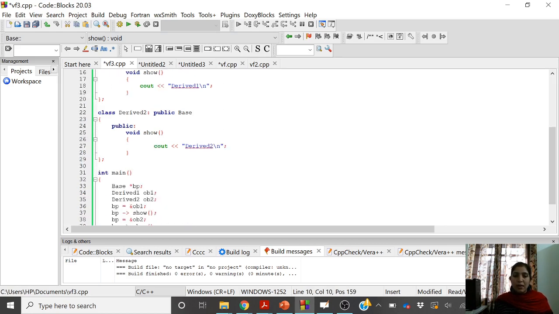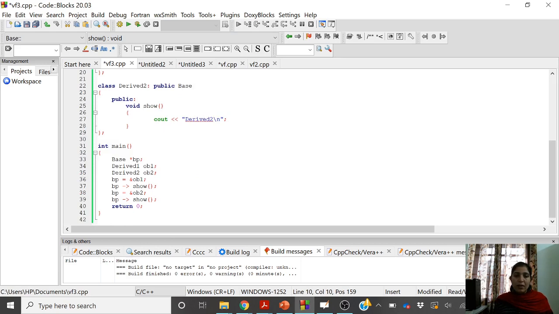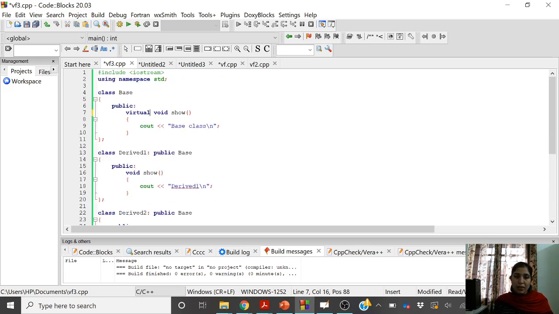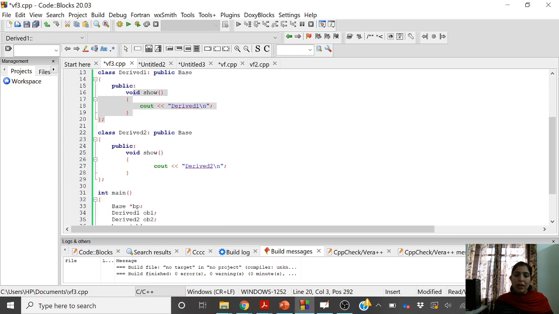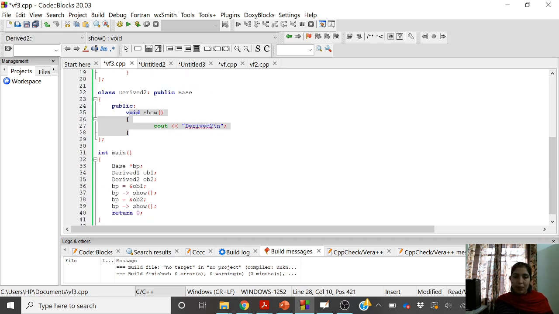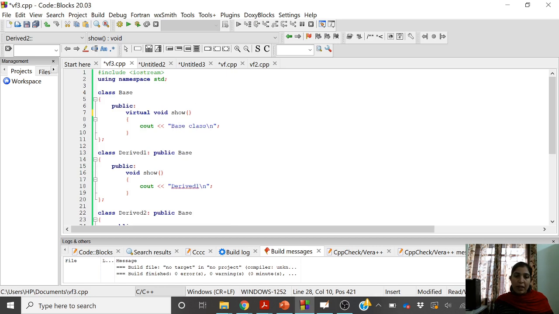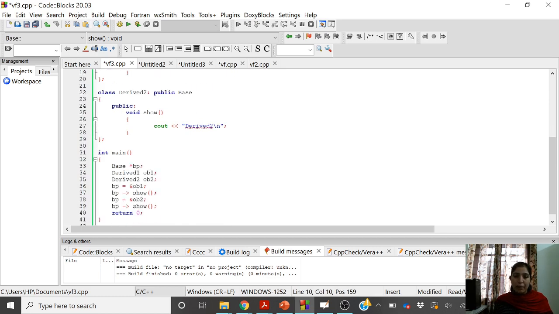It means when the pointer is used to execute this show function, which version of this show function will be executed will always be decided at runtime. It will not be decided at compile time. So when you compile this program, the compiler sees that this is a virtual function, so it will not do any compile time binding.